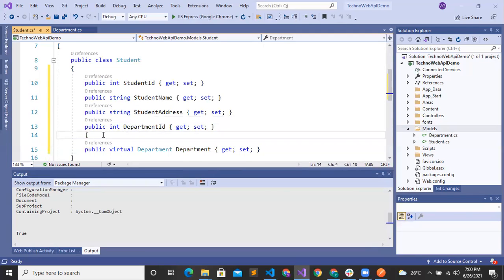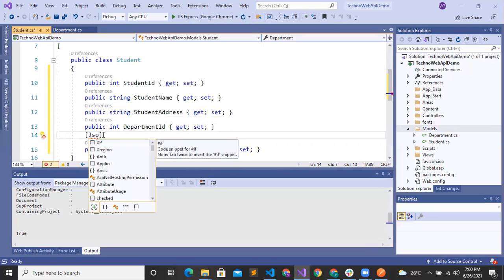We have to add JsonIgnore here to ignore circular dependency.